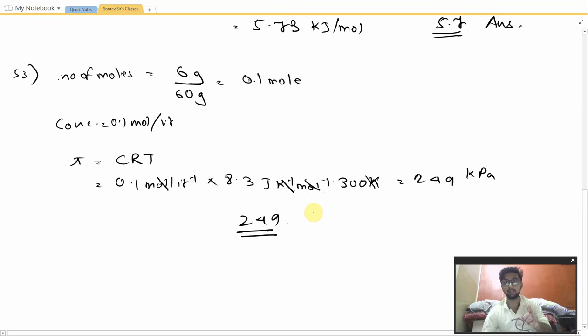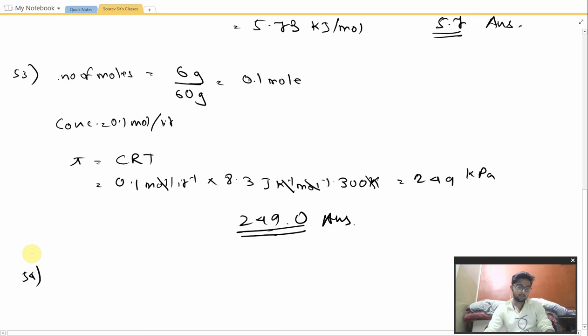I have explained while solving the JAM 2020 paper that if you get an answer as an integer, and the question demands the answer to one decimal place, then you just add a decimal and 0 and write this in your chat box. You must not leave out this decimal mark, or even after getting the answer right, you won't get the marks. So 249.0 would be the answer that you write in the chat box. Moving on to the next question, question number 54.